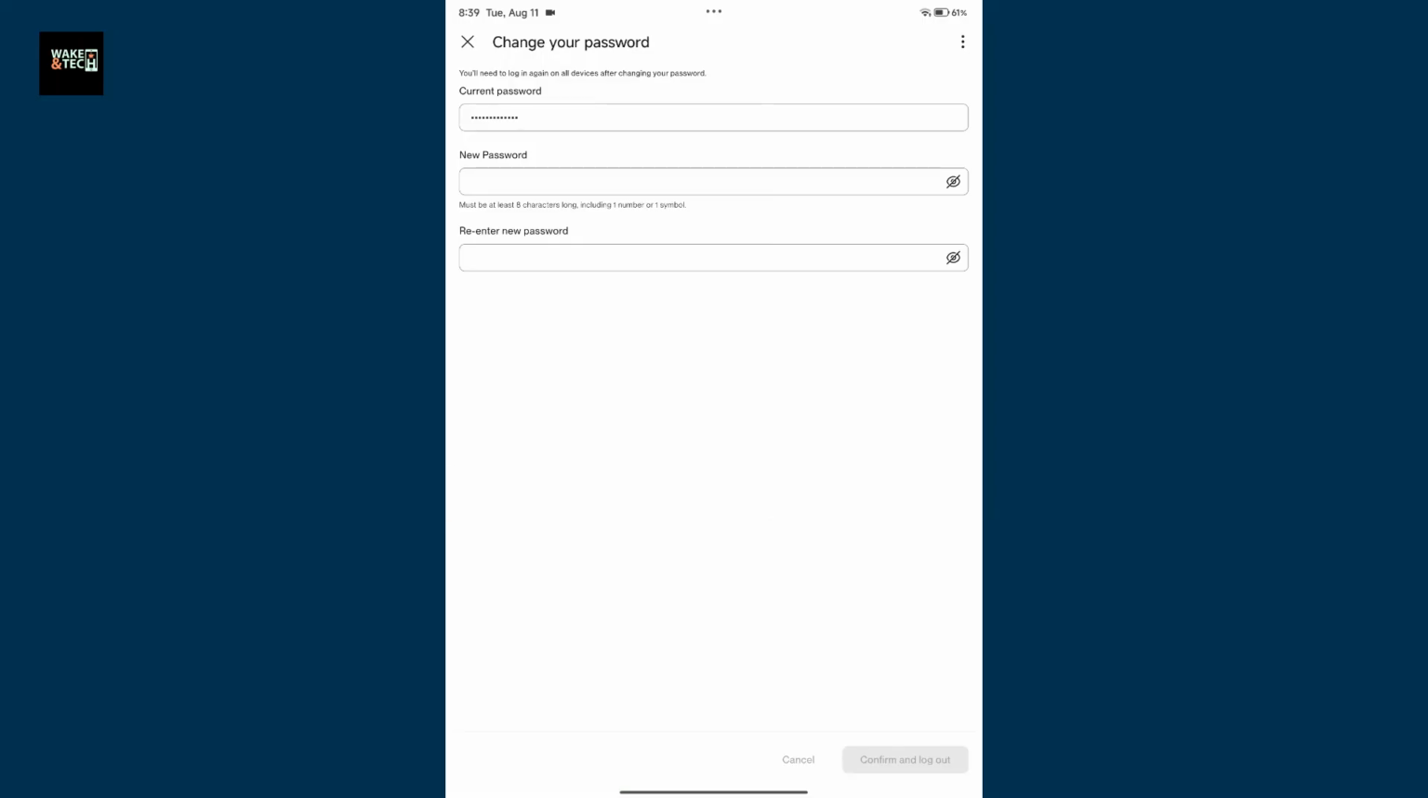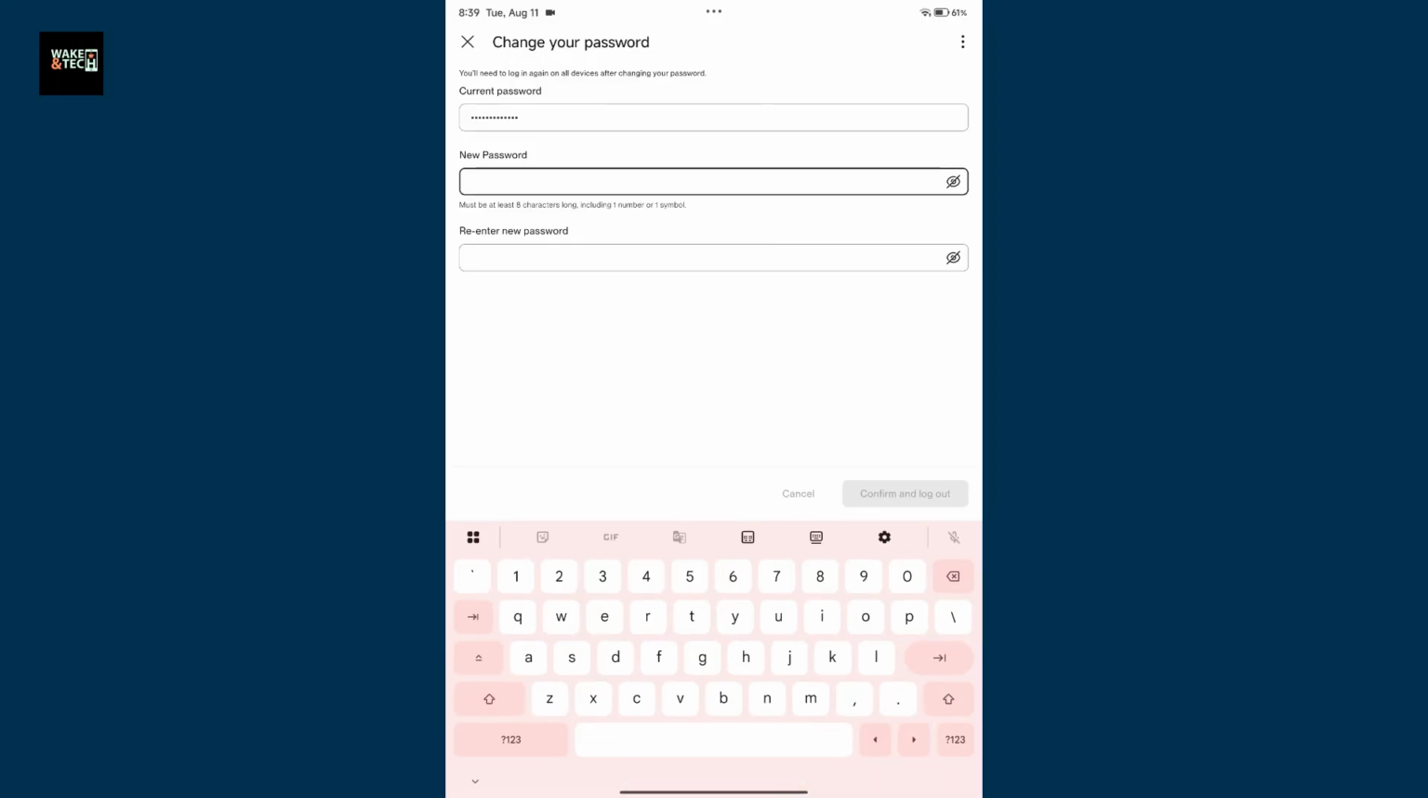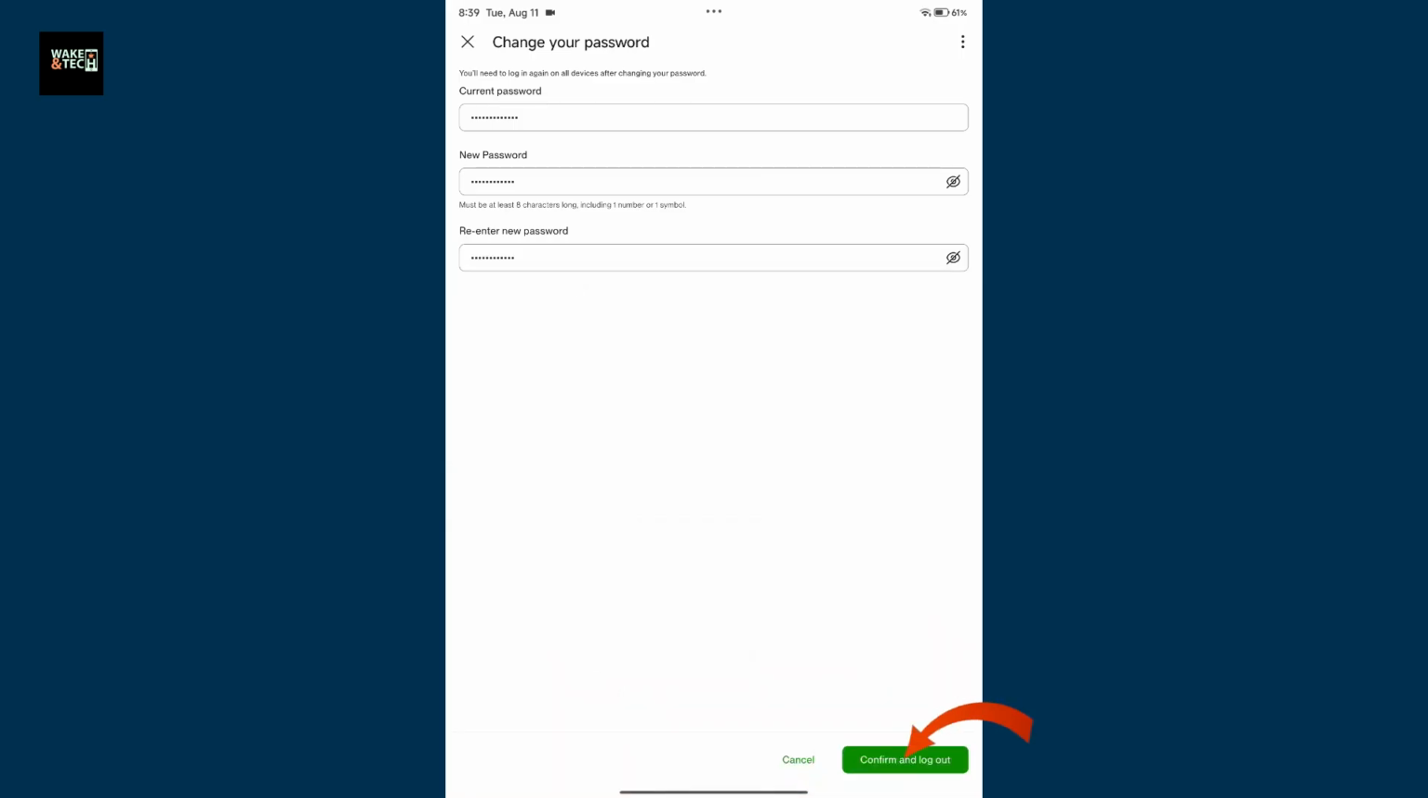Once you type down your current password, get to the next field and type in your new password you want to change to. Get to the next field and re-enter the new password that you are trying to change to one more time. Finally, tap on Confirm and Log Out at the bottom right corner and you'll be redirected to